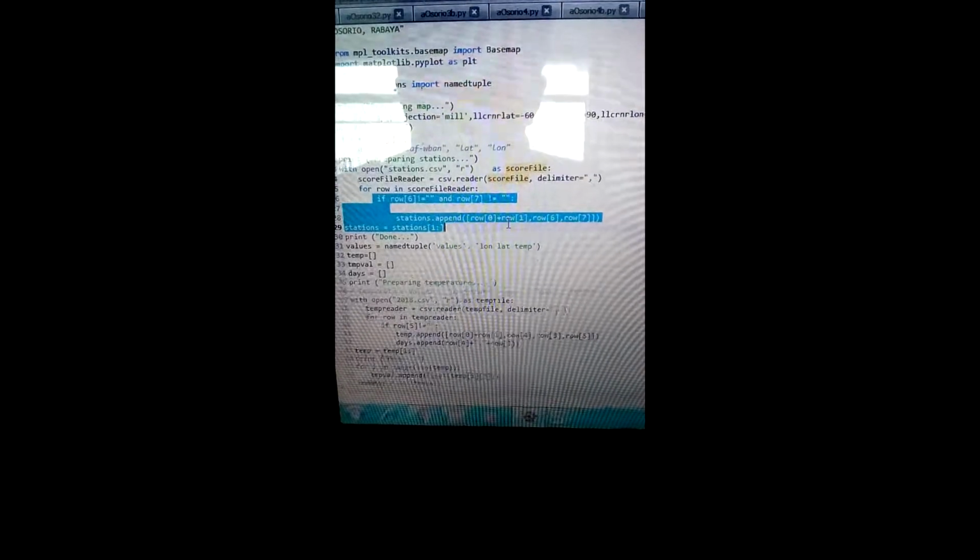So we import it and name it score file. csv.reader will read the score file, or the imported CSV file. And here, this will generate or collect the data regarding the different longitudes and latitudes of the weather stations. Once that is done,